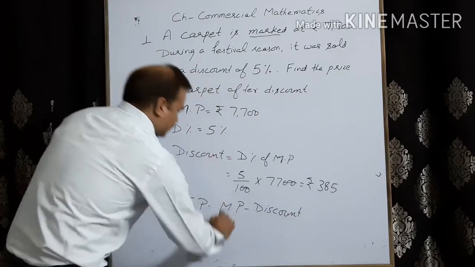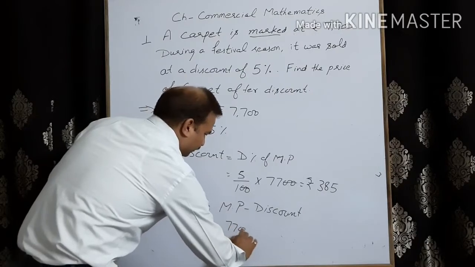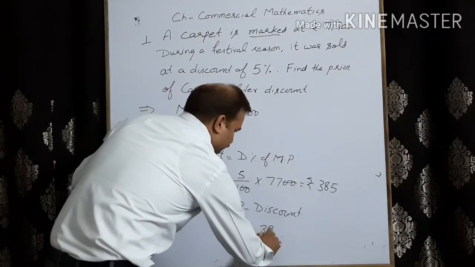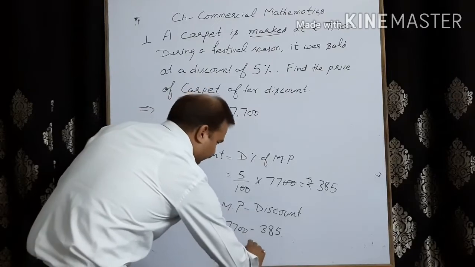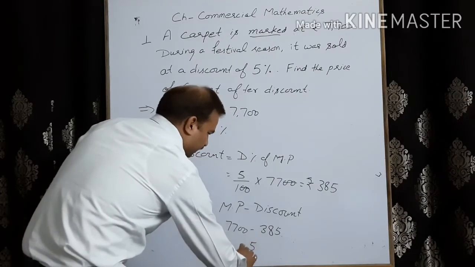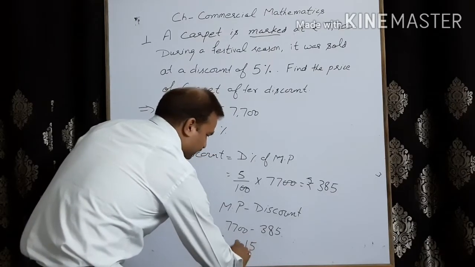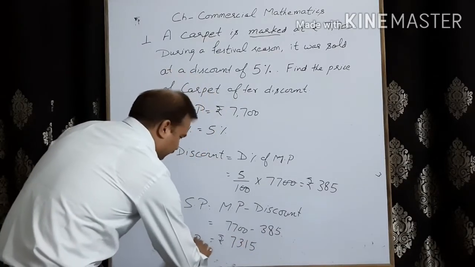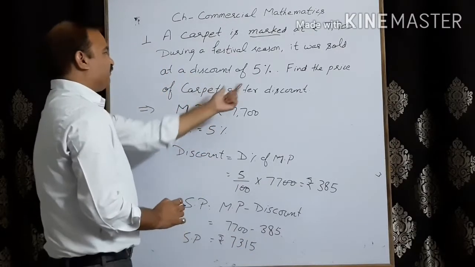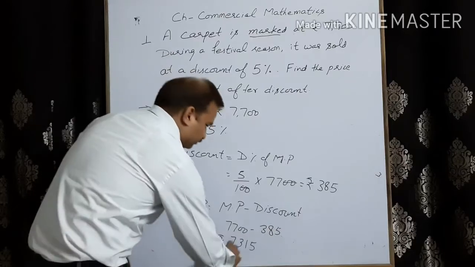Now what is mark price? That is rupees 7,700 minus discount 385. So 10 minus 5 is 5, 9 minus 8 is 1, then 6, 6 minus 3 is 3, and this is 7. So the selling price, the price after discount, is rupees